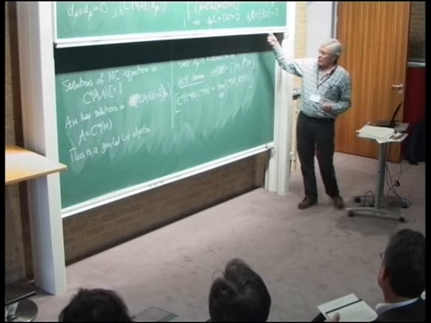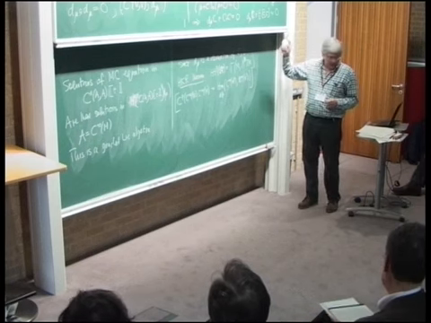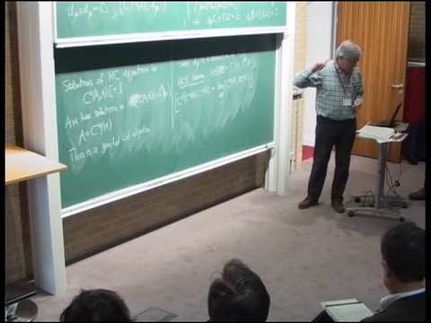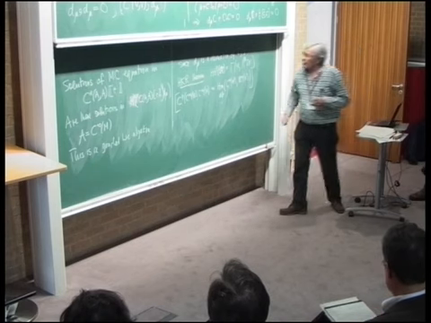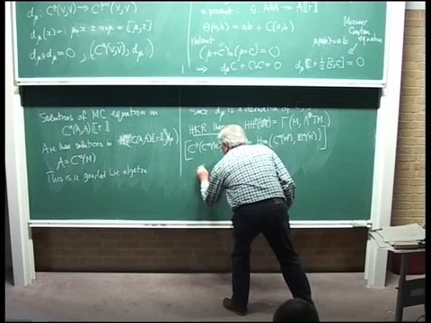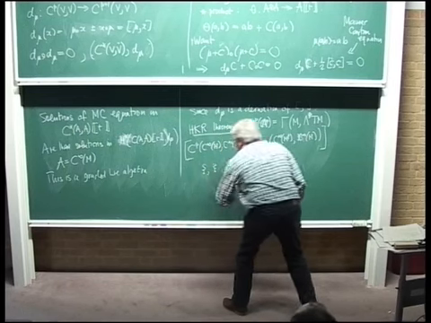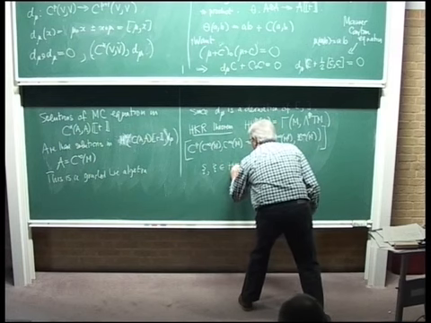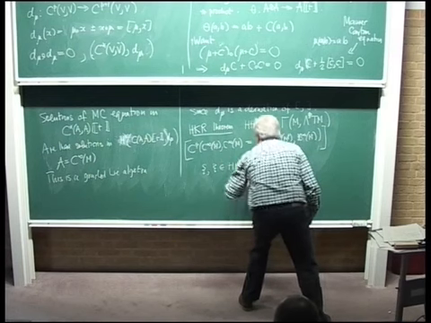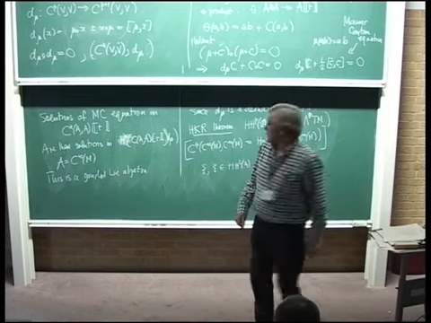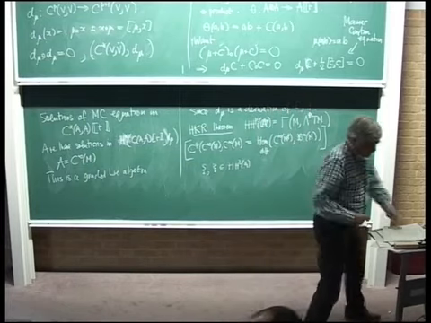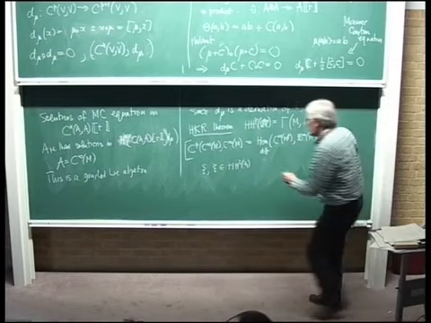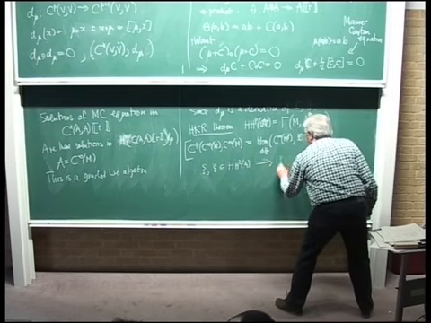Now, what about the various structures we've seen? The Poisson bracket here, which is an element in HH2, right? What does this thing go to? This thing goes to the Poisson tensor.